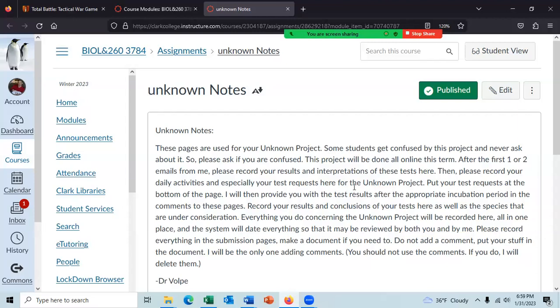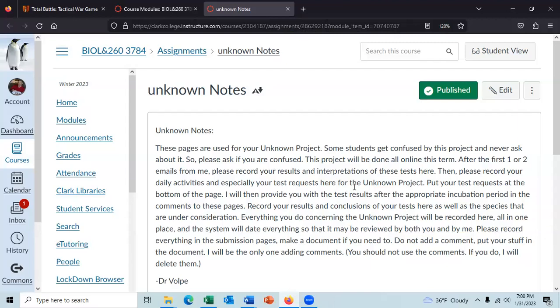And as long as you have clear observations and clear interpretations, you will get the points for that. As long as you have all your results up here, you'll get all the points for your results. All of your conclusions up there, you'll get all the points for the conclusions. Is this the one you were saying where you can enter it as a text entry? Yes, you can do it as a text entry.